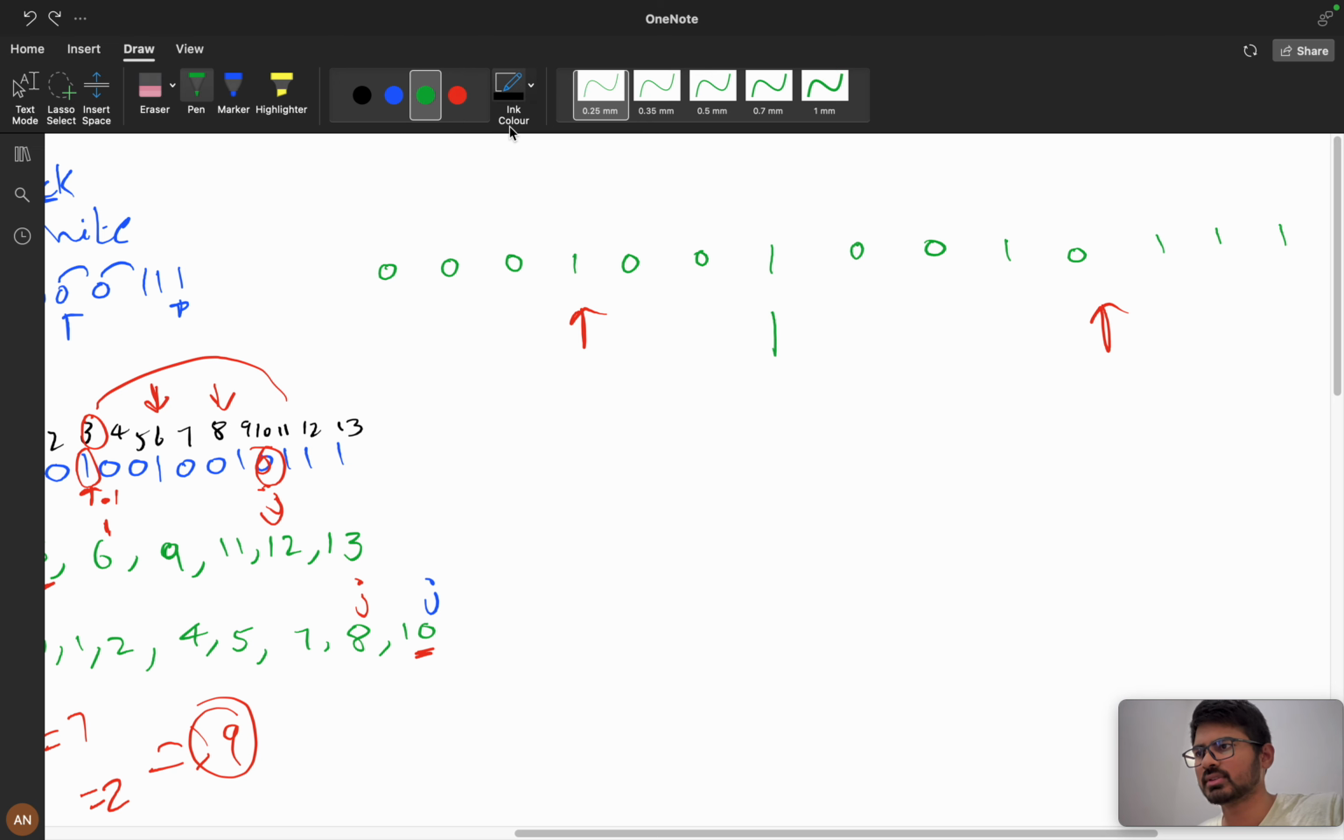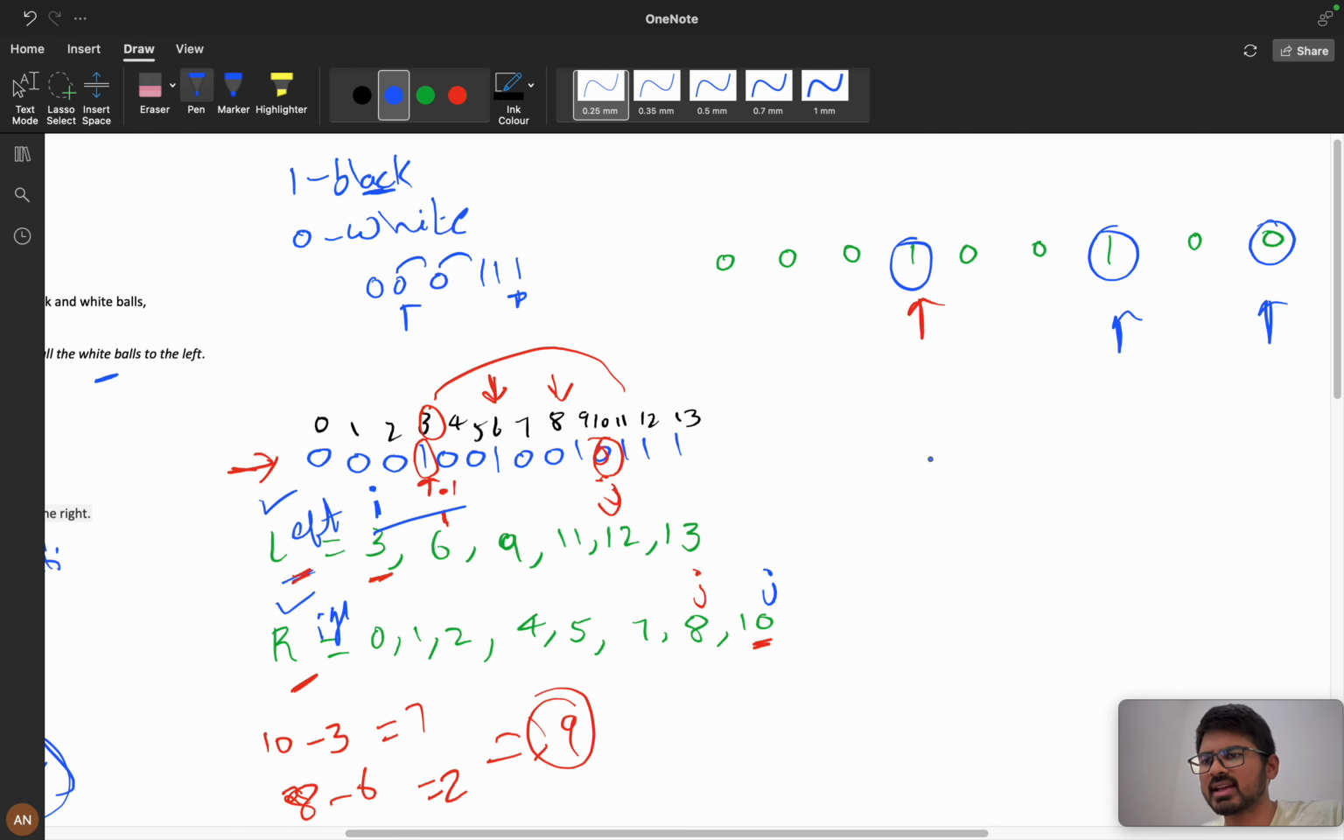Sorry, we are swapping these two. So my condition has been satisfied. So here we are taking these indexes and subtracting, and we are taking these indexes and subtracting. When my i has crossed j, i is greater than j, I will break, because all elements are